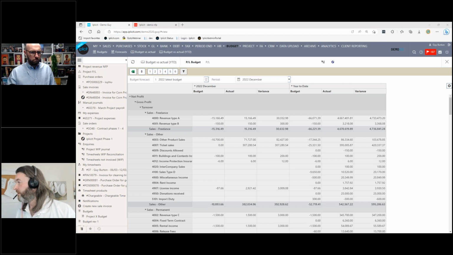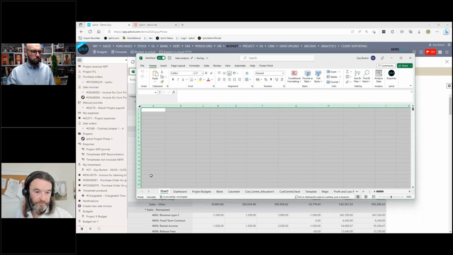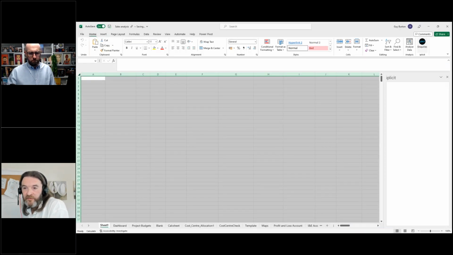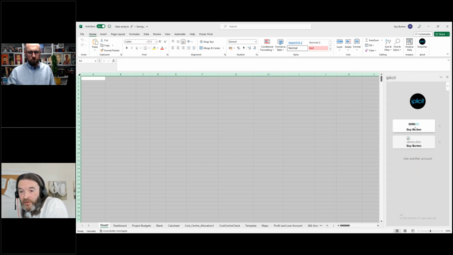We also have, just for completeness, the ability to take that information. We can download any of that project-based information to Excel, but we also have some live links into Excel as well. So we have an iplicit add-in to Excel. So from Excel, I can sign in to iplicit, and this means rather than extracting or downloading the data from the finance system into a spreadsheet,